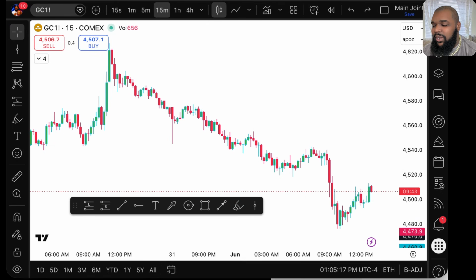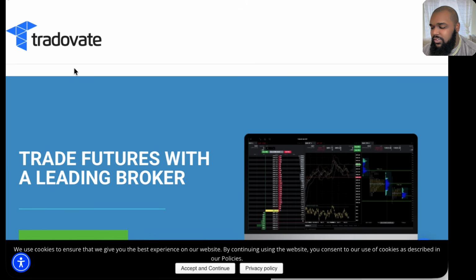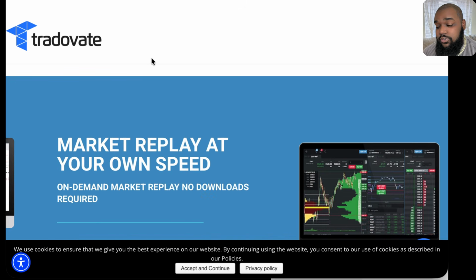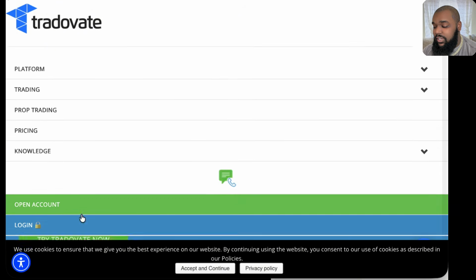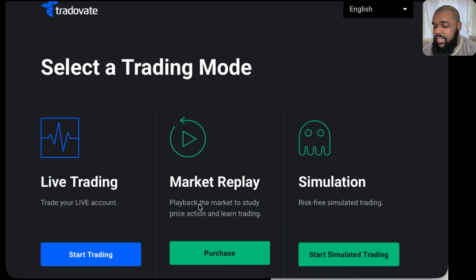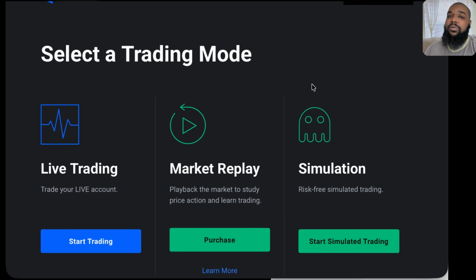So let's go ahead and go to the broker side right here. So the broker that I recommend is TradingView. So you can use TradingView to be able to put money in the market. Now, I liquidated all of my funds, but I'll pull up my personal account and this is what you'll see. So they're gonna put you through an extreme vetting process. They're gonna ask for your address, so don't be weird. They're gonna ask for your address, they're gonna ask for your social security, they're gonna ask for all of that stuff